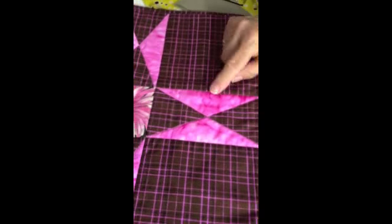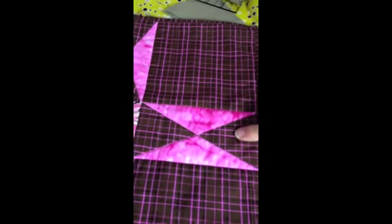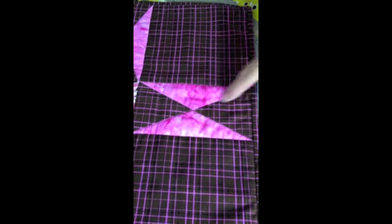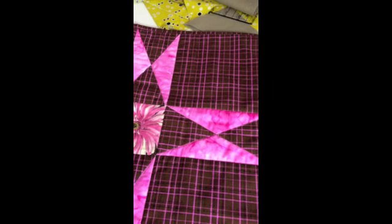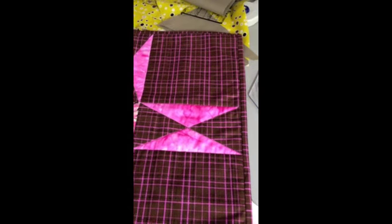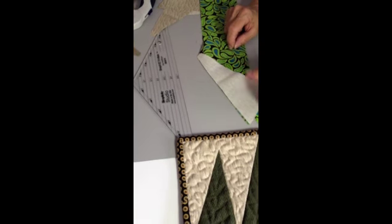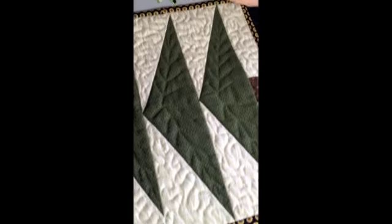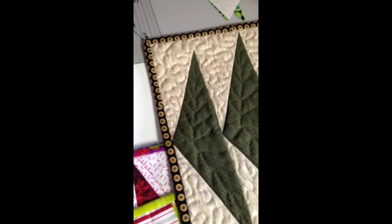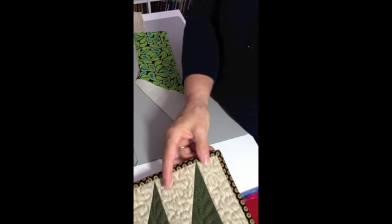Another thing you can do with it is, here's your tri-mate triangle, and then put it together with your tri tool, the triangle of the tri tool, to make a really fun 9-patch block. So there you have our tri-rex, our Rex only, and our tri-mate trees with the Rex set in for the background. Really fun things you can do with our tri-rex and our tri